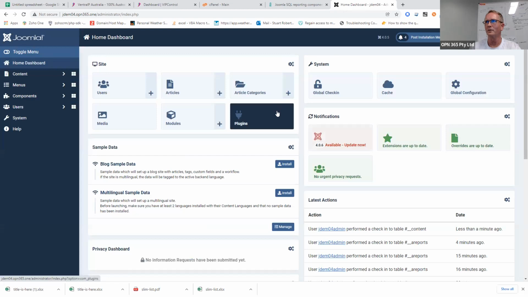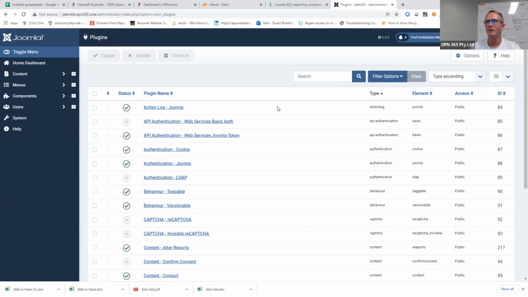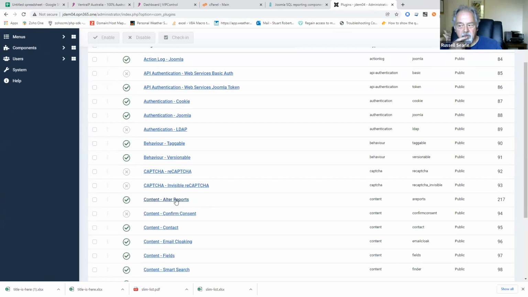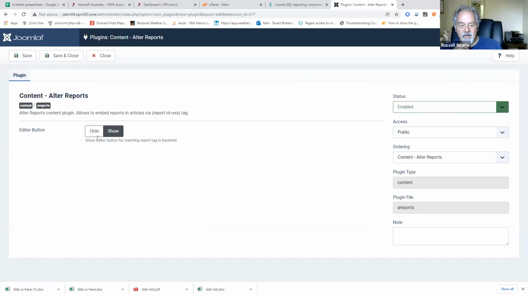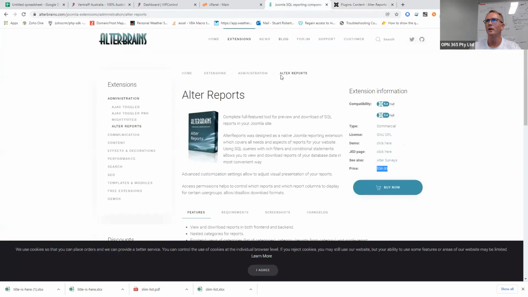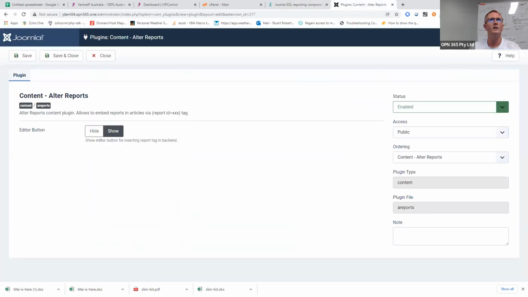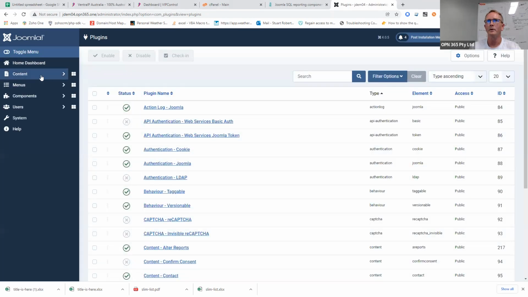Where's plugins these days? Anything to do with reports in that list? Oh, there we are. Oh, that's the editor button. So that was the button which basically showed up in the content area. So it is enabled. So if we go to content,